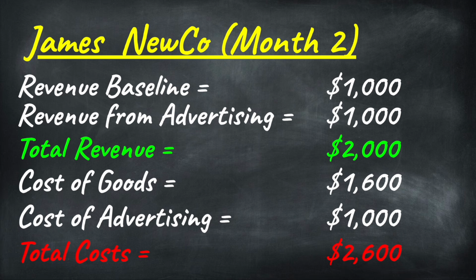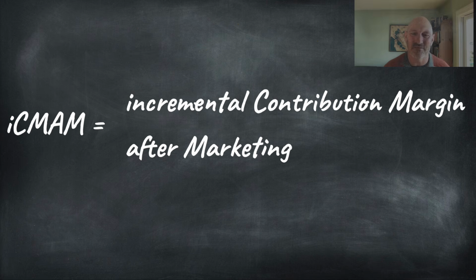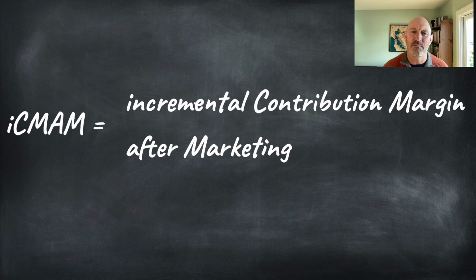So I've pointed out all of the problems with iROAS and mROI, and in particular that they don't account for profitability. So what should you be using? The simplest thing is to say that you need to ensure that you look at the contribution margin after marketing. In our example, that is essentially the gross margin less the cost of advertising. And even though the term is used a lot in marketing and it can be a little bit ambiguous, I'm going to put an I in front to make sure that we focus on incremental and make it clear that we're talking about the incremental profit from the advertising spend.